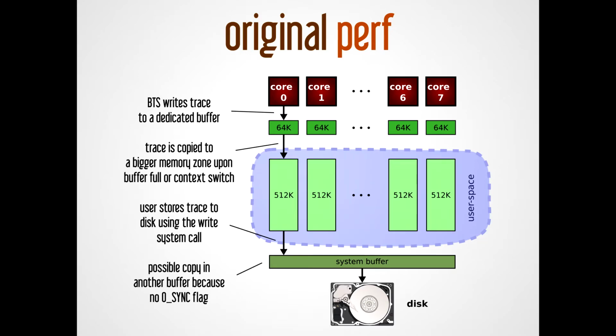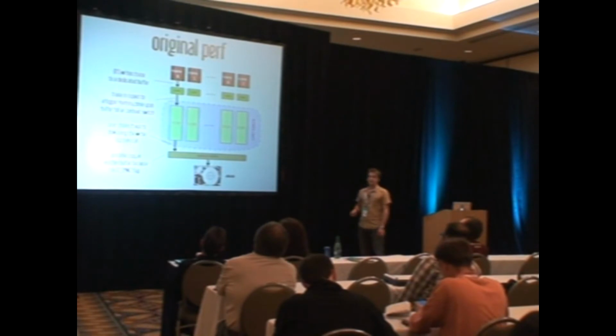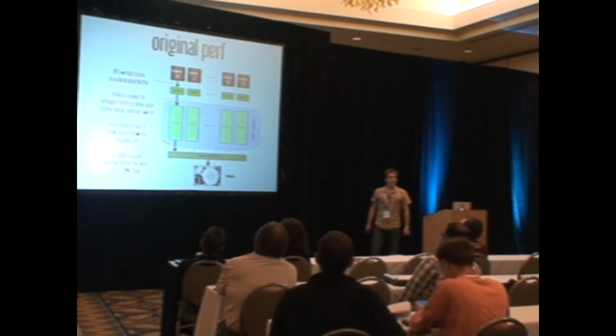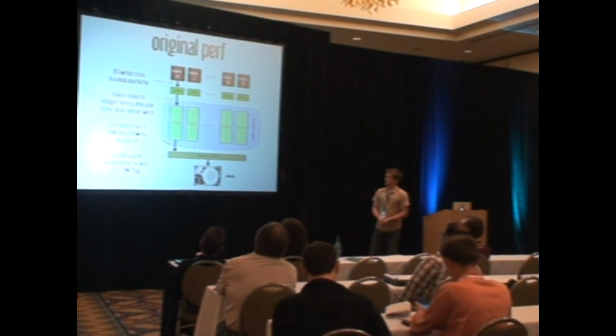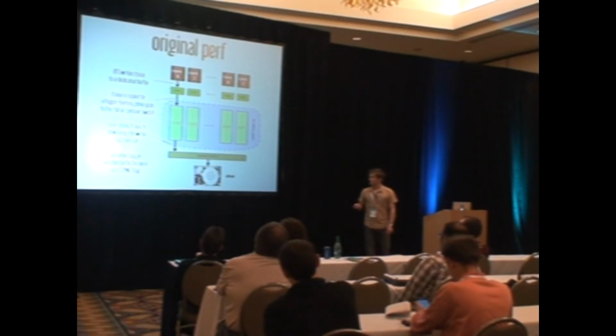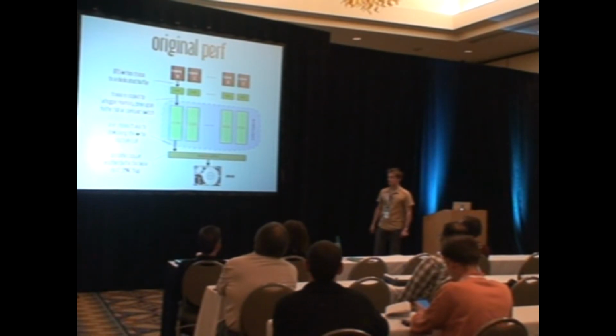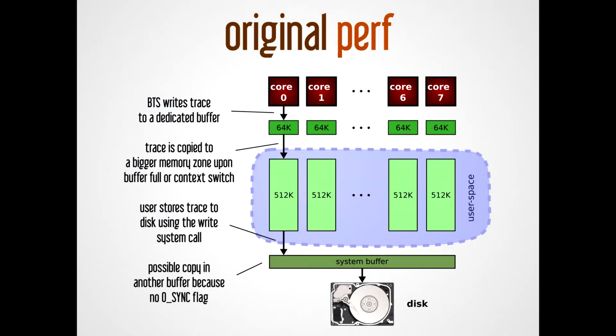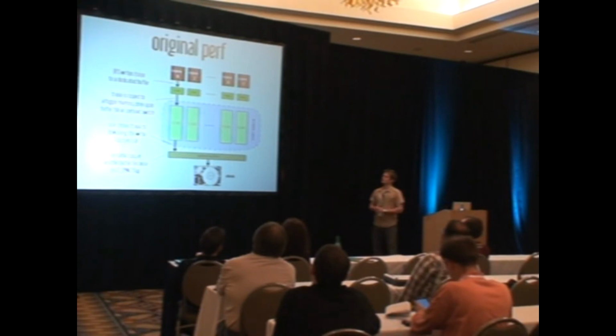implemented. In the original perf, each core is programmed to write to a dedicated small buffer, 64K. And once this buffer is full, or upon context switch, all this data is copied to another big buffer in user space. And then perf writes this data to a file stored on disk without the async flag, which means it can be copied another time to a system buffer. So here we see that we have one or two unnecessary copies from RAM to RAM, and one is done during an interrupt handler. So this is not good for performance, and we decided to re-implement this